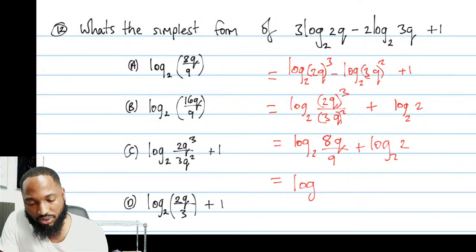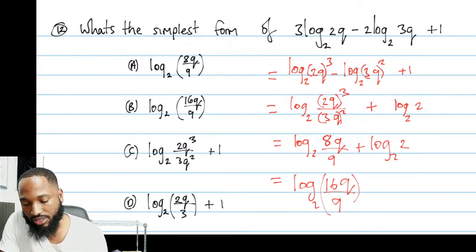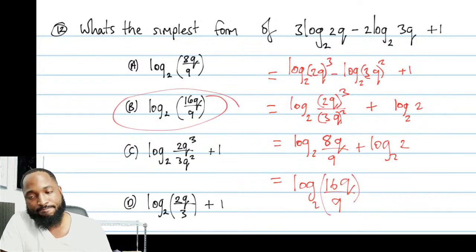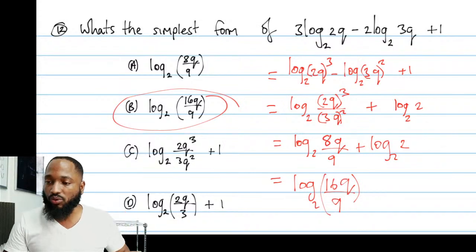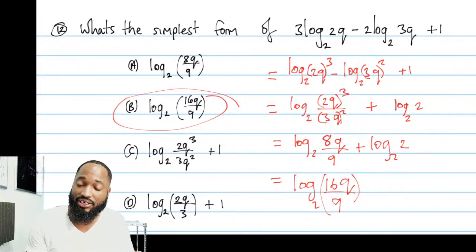So yo, what are we doing now? We just had to divide by 2. We had to multiply as addition. So 16q over 9. Yeah, log base 2 of b. So this is the working it out way. You have the hack method that I showed you. Feel free